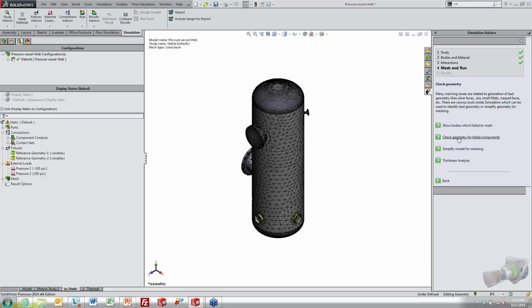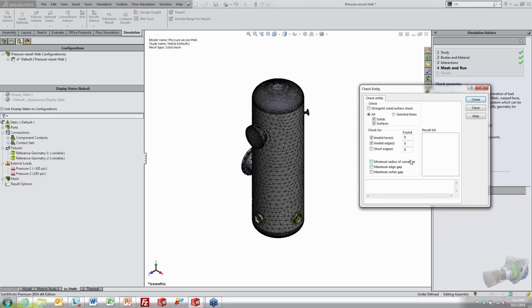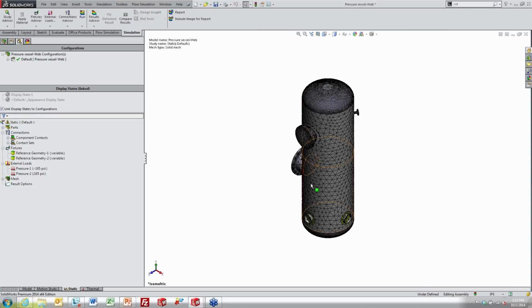And this second option here, check geometry, this will help me determine if I have failed faces, failed edges, and this will generally happen if you have imported bodies, imported models. You have some invalid edges and faces, which will break the mesh. But I don't have that. Everything's worked out fine. My mesh has run, so I'll get into the next most common problem that I usually see,